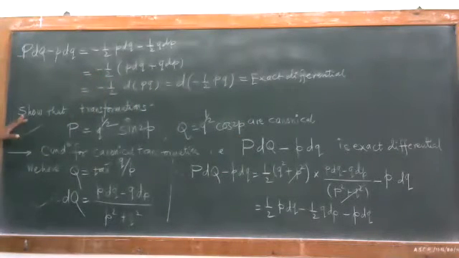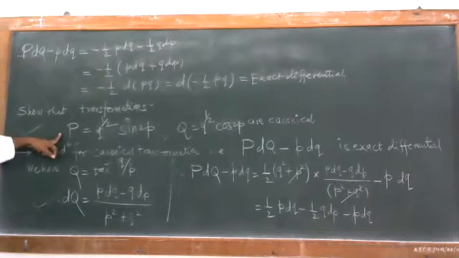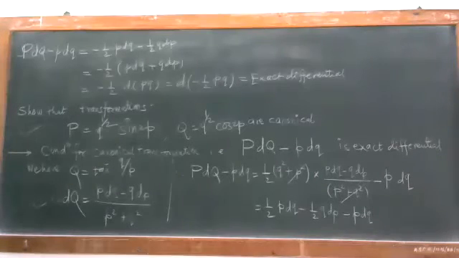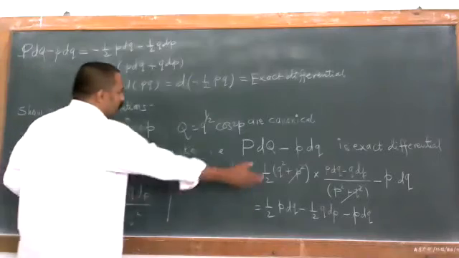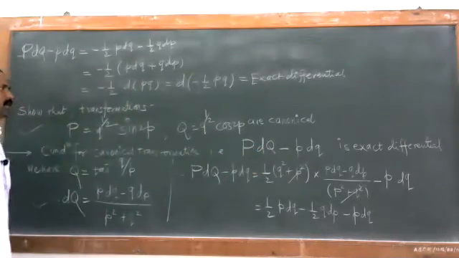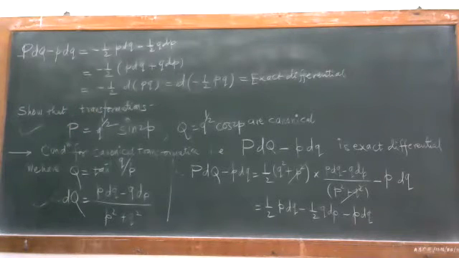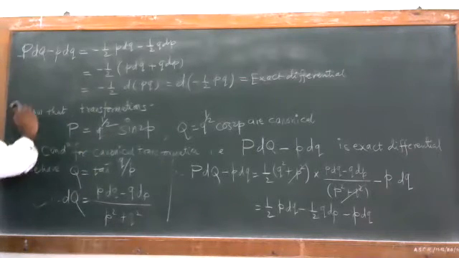Okay, just try to solve this. What is the problem? Show that P is equal to q raised to 1/2 sin 2p, and Q is equal to q raised to 1/2 cos of 2p are canonical. So this is one problem. If this is canonical, then you just have to look at the conditions. Just find out the value of dq. Then you will realize whether it is exact or not. If it is exact, then it's fine. Then it is said to be a canonical transformation or a contact transformation. Okay, so this is all about canonical transformations.